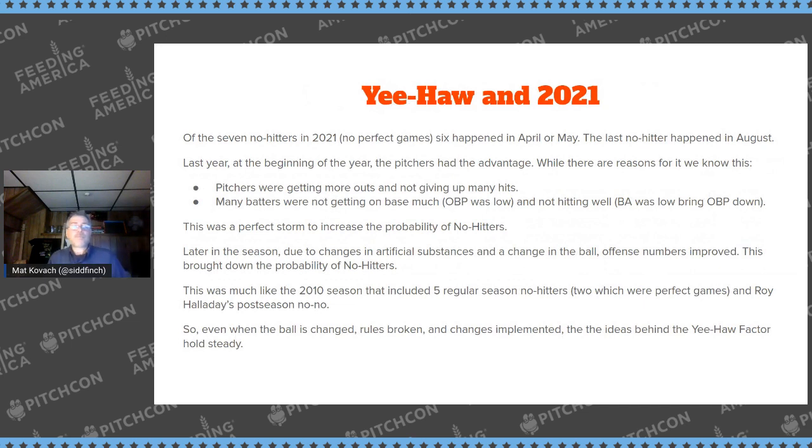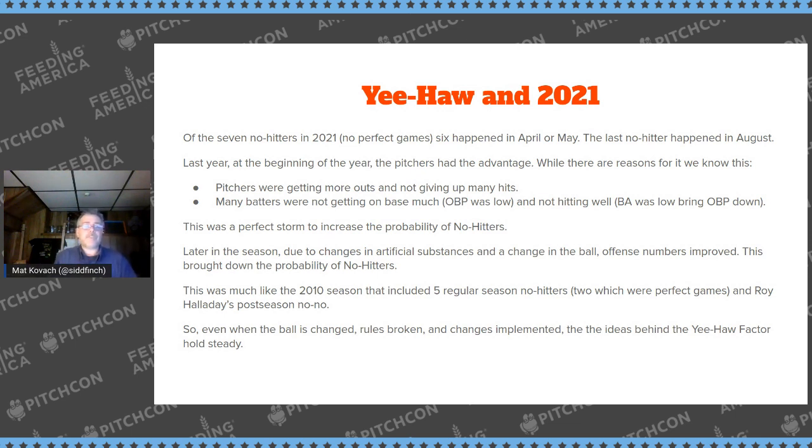So using the model that we do for probability of no hitters and perfect games, let's take a look at the 2020-21 season, which I did with no Yee-Haw factors, because although I have some data sets, part of what I wanted to do is use publicly available and easy to get data for people. So I didn't use it. We'll correct that in the future.